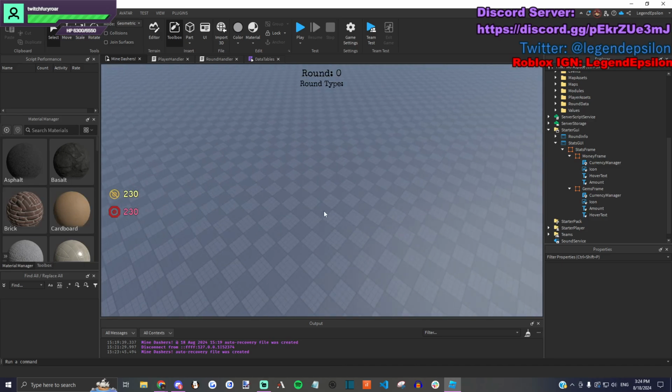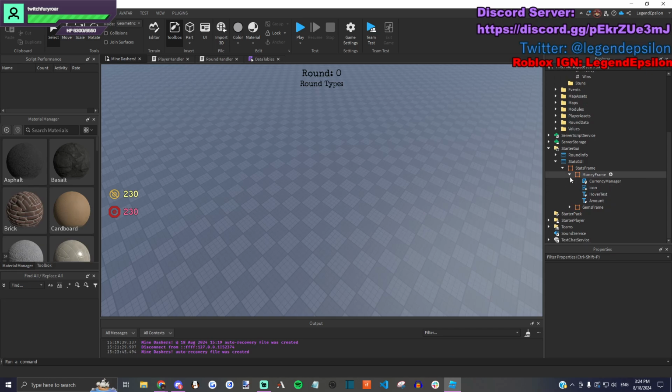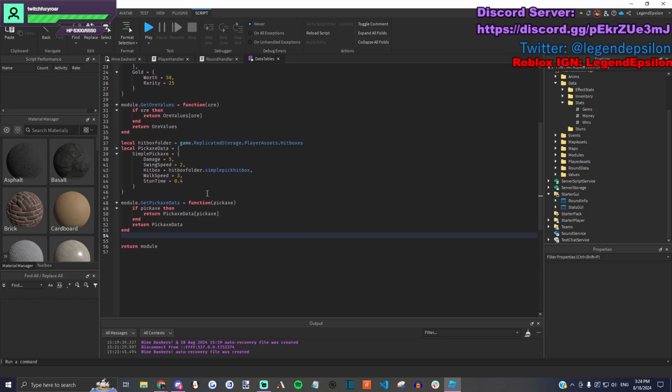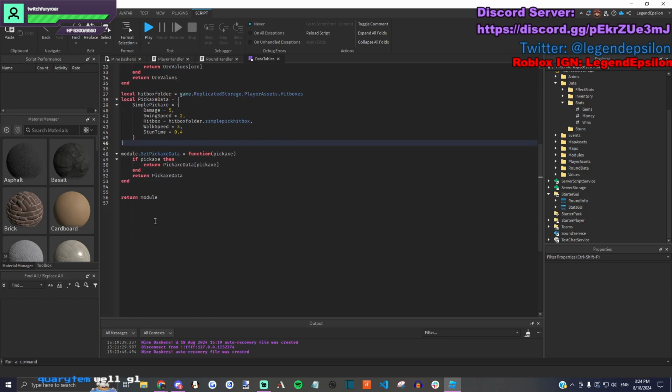Okay, so I think that works for now. We can work on making everything look pretty later. So for now, let's actually just focus on stuff. So let's make a new table here, and we'll do local